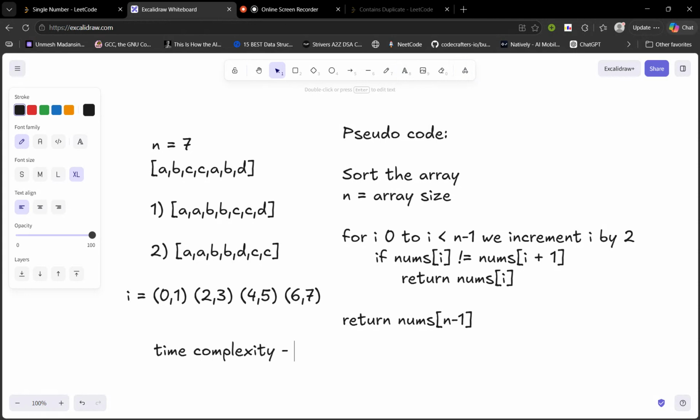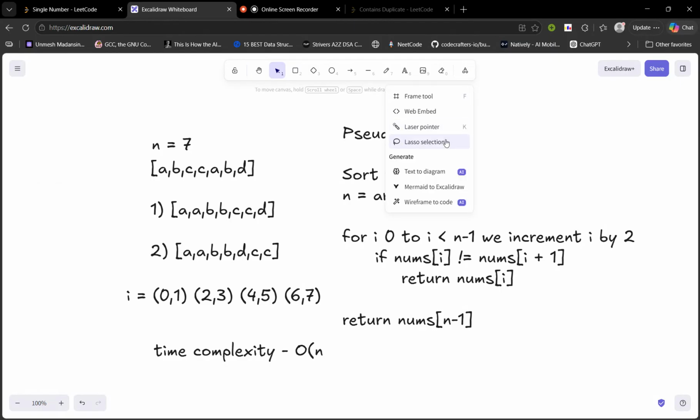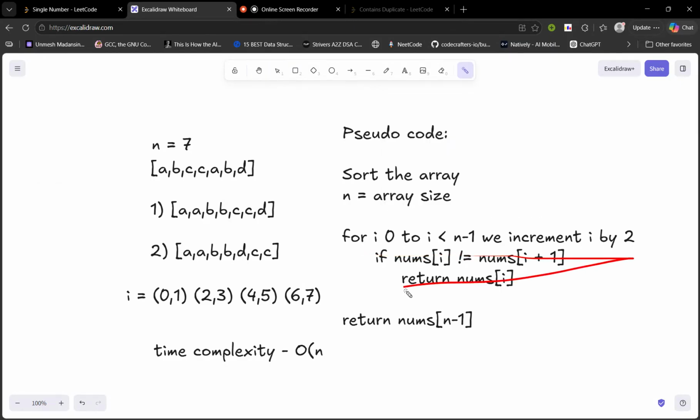So that will be O of n, because we are running this loop. We are iterating through each number. So what is the maximum or the worst situation? We iterate the whole array, which is n. So this is n, and also we have